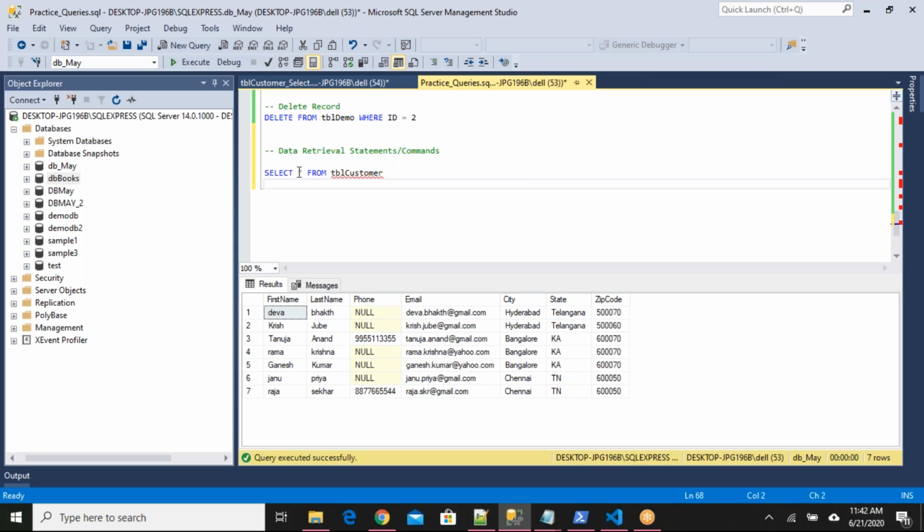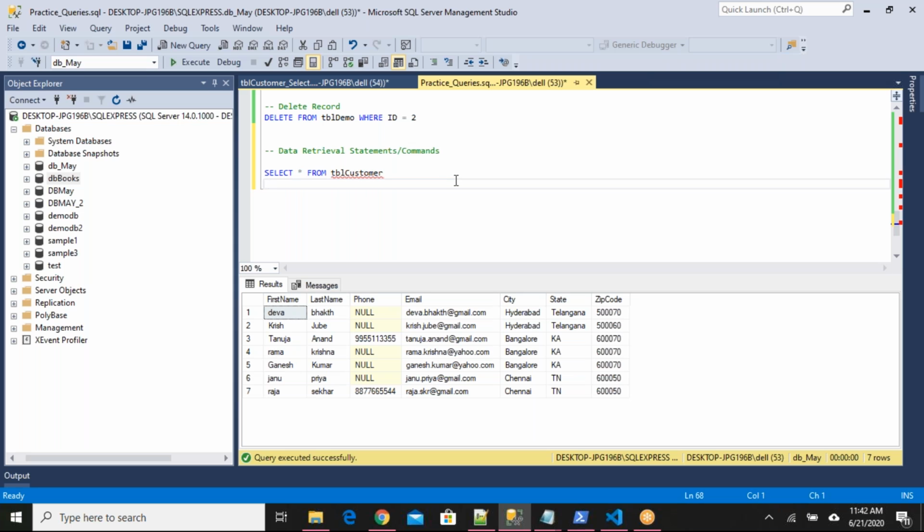Here we have to mention the column names: after select and before from, we provide column names. If I say star, it will retrieve all the columns of the table. If you want only specific columns, for example in my table I have 7 columns and I want only 3,